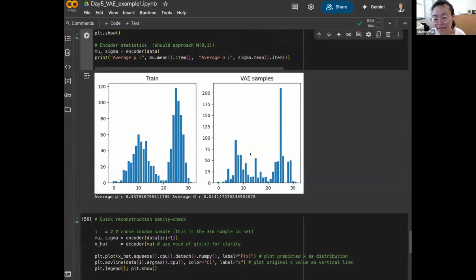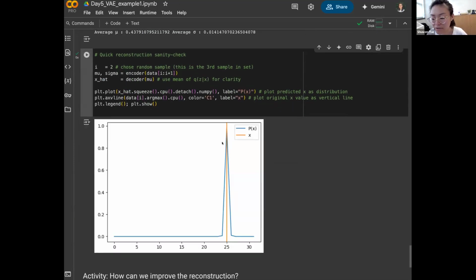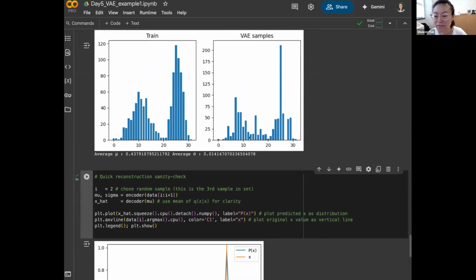So this is the case where in our latent space, we have our animals and vegetables all mixed up. It didn't really learn the organization. Maybe we can still get the reconstruction really well, and reconstruction now is excellent, because we put all the weight on that part. We have this probability density exactly matching our initial data point,